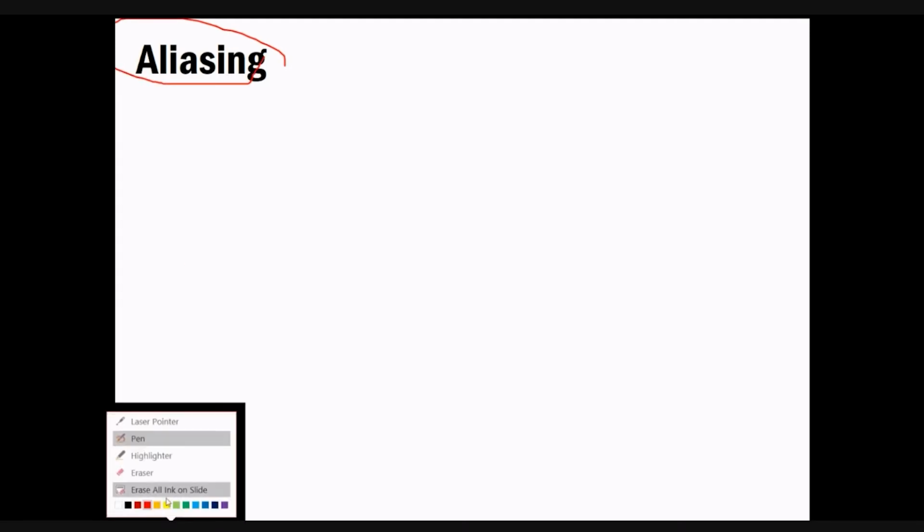Okay, so now we'll see one important thing given over here, which is aliasing. We have one problem with the older devices, as you already know. You were having games in the earlier days that were very pixelated and gave you a jagged appearance, and this needs to be solved. So what it says is we have one problem, it is aliasing.